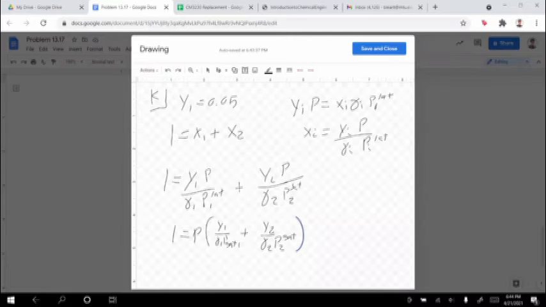From here, what we can do is we can isolate each side. The general idea of this is that we want to find where the pressures are going to line up. So we have this one right here, and then this essentially is pressure. If you look at the expression of,